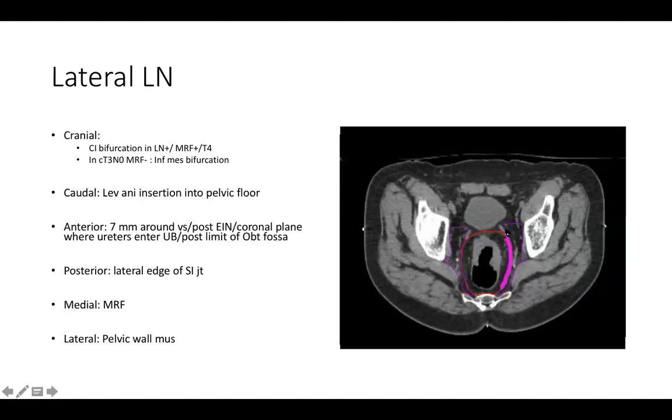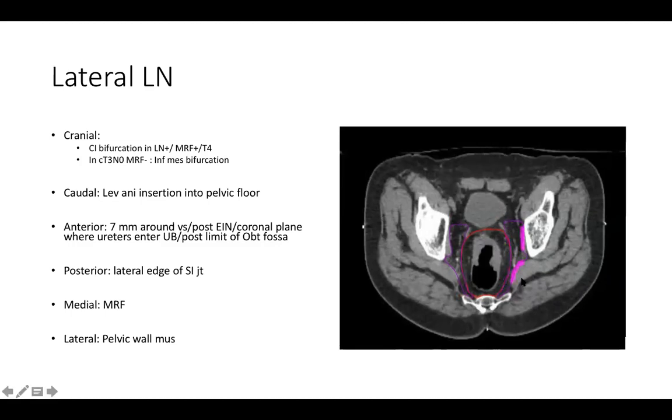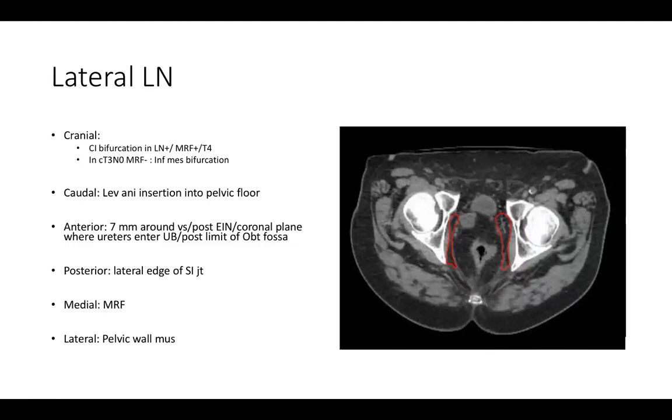So the medial border will be the mesorectum, lateral would be the pelvic side walls. And we'll go down as far as there is space visible between the obturator internus and the levator ani. Once the levator ani inserts into the obturator internus muscle, that is the level where we stop drawing the internal iliac region. Now here they have included the obturator within the internal iliac. This is in certain cases if we require, otherwise we can just limit ourselves to this area and not go all the way anteriorly up to there.